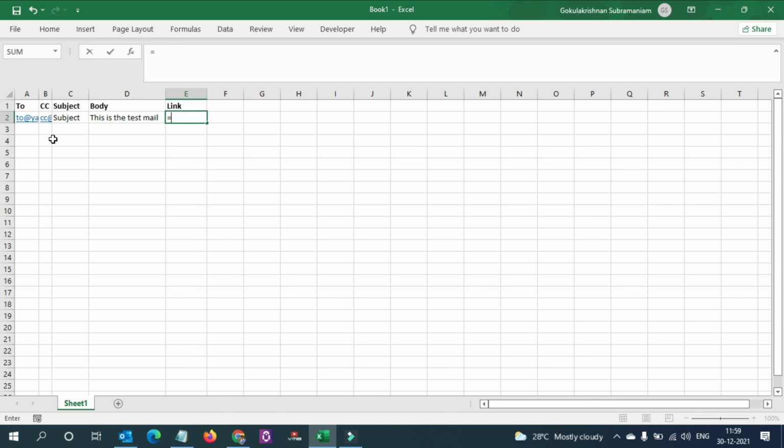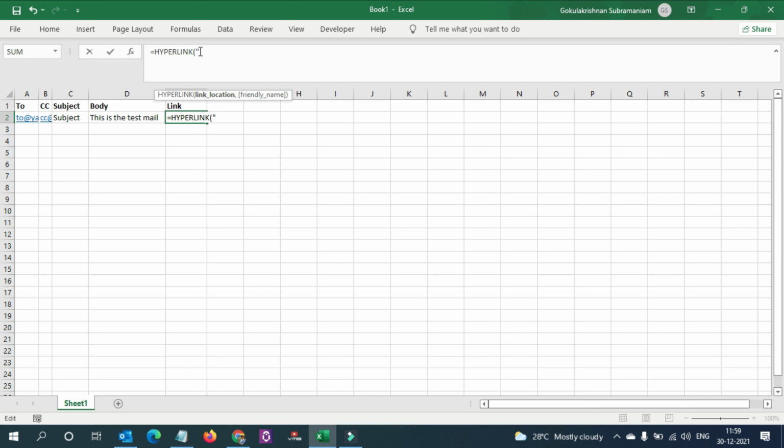Here there is a formula called HYPERLINK, and here it will show create a link location and a friendly name. Link location is nothing but the link, where we are going to concatenate the columns from A to D, which is to be the part of our email.